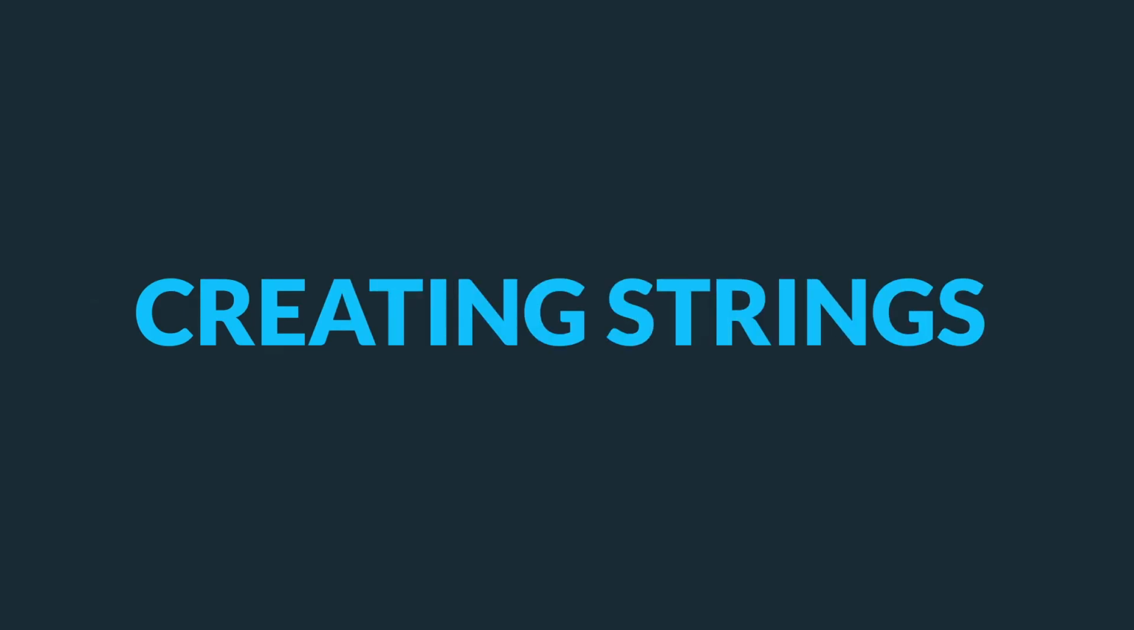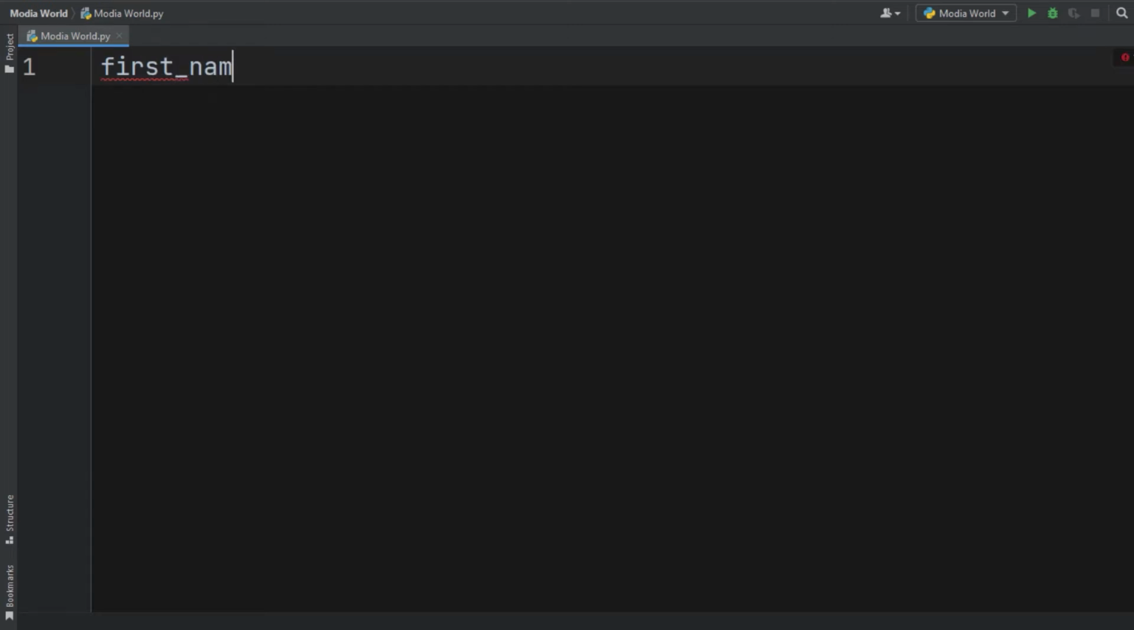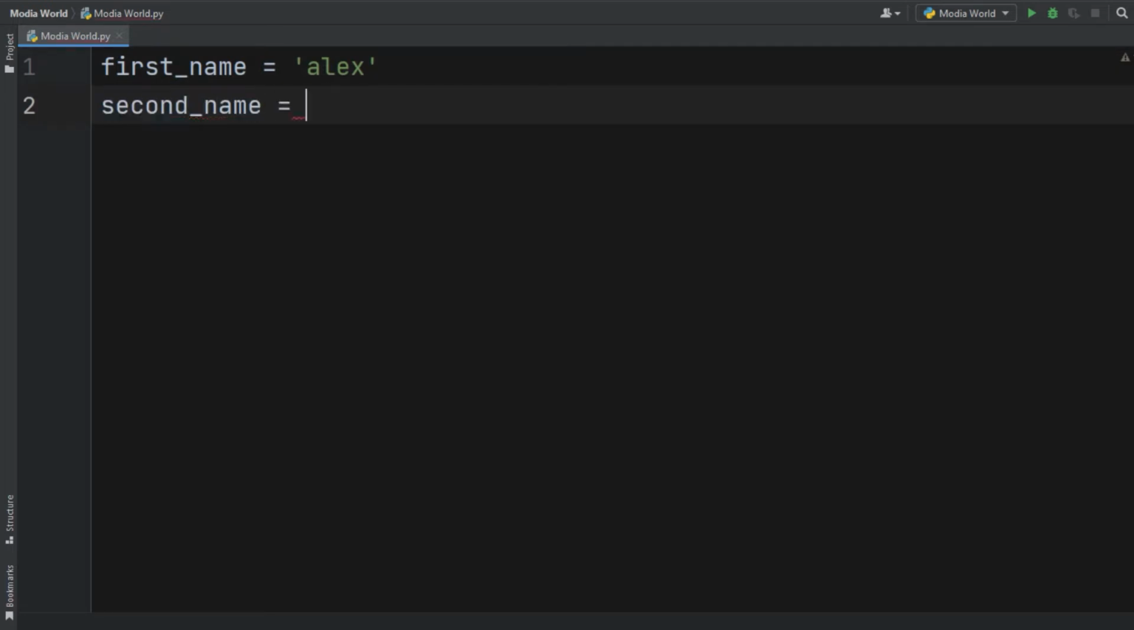Now, let's see how we can create strings in Python. Strings can be created by enclosing characters inside single quotes or double quotes. Even triple quotes can be used in Python, but are generally used to represent multi-line strings and docstrings. Look at these variables. This is how you can define strings: variable name, assignment sign, single or double quotation, and